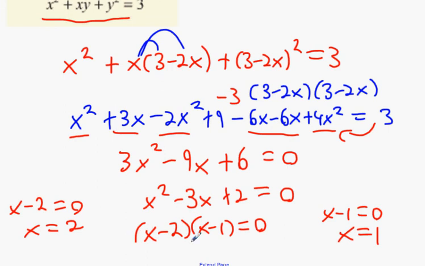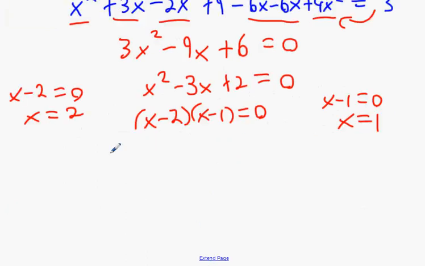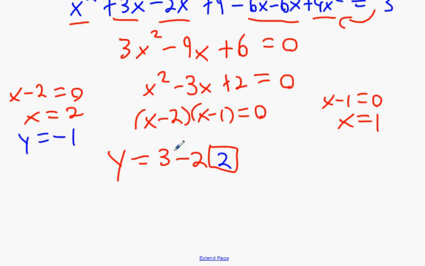Alright? Now, we said that y equals 3 minus 2 times x. 2 times whatever x is. So what is x? It's 2. In the case like that, y will equal minus 1. 3 minus 4. Okay, when it's not 2, what is it? 1. 3 minus 2 times 1? 1. 1, 1, and 2 minus 1. Okay,